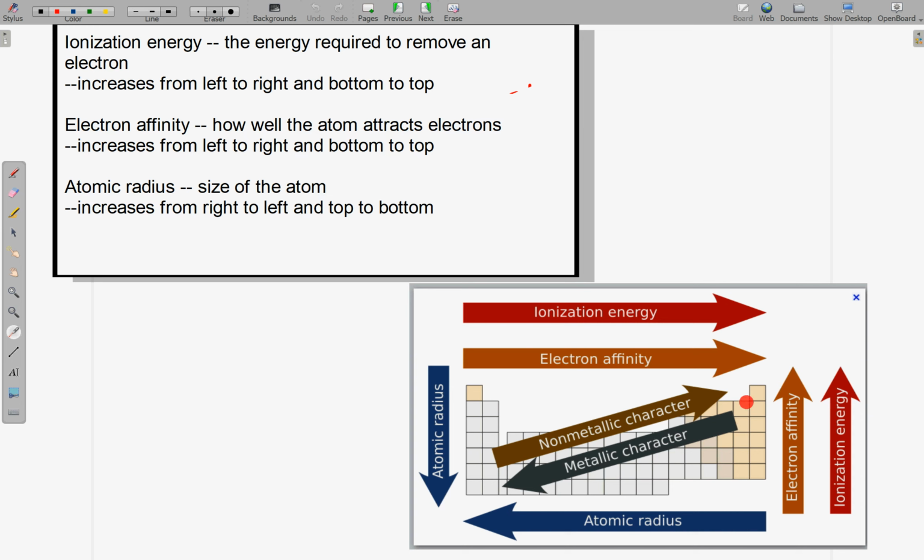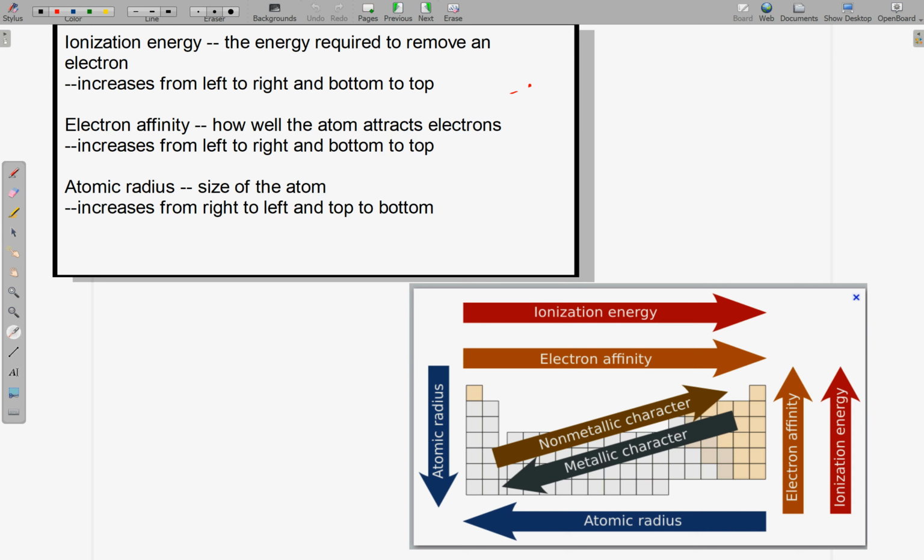So if you think again about fluorine, fluorine is the most non-metallic element, and it really wants to gain electrons. So it has a very high electron affinity. All right? Francium over here does not want to gain electrons, so it has a very low electron affinity. So ionization energy and electron affinity, they're not the same thing, but they follow the same pattern on the